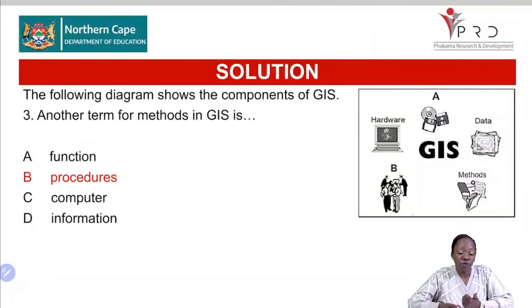We were looking for the alternative name or for another term for methods in the GIS. Remember, the methods are referred to as the procedures. Then we're looking there at our